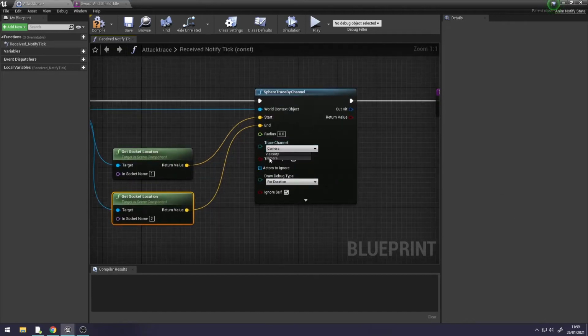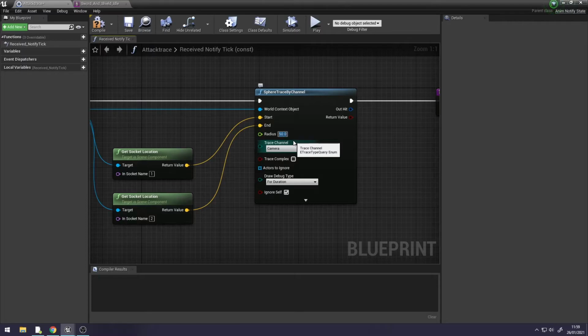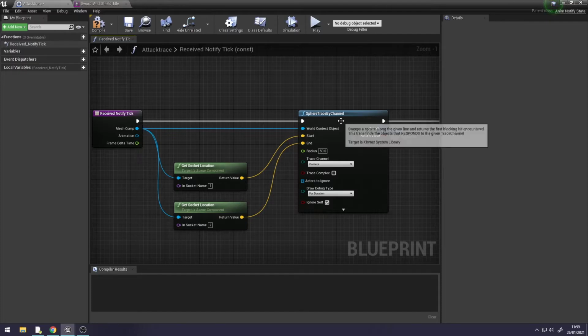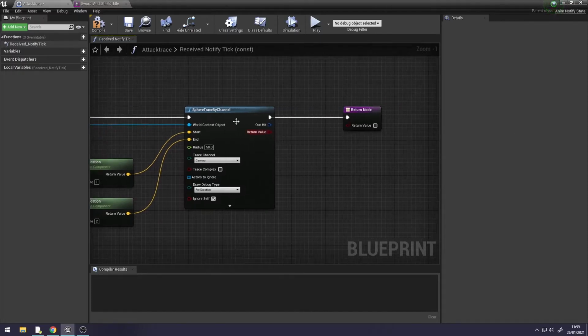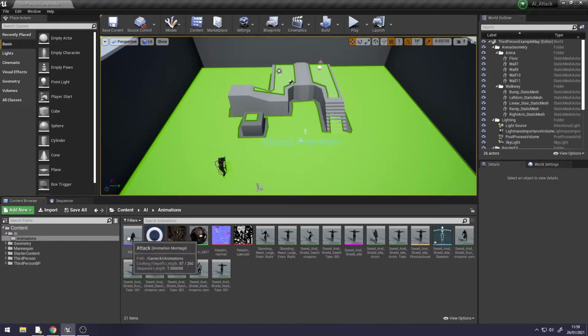Your trace channel needs to be camera, and you want the debug type to be for duration so we can see if it's working or not. And the radius of the sphere I'm going to change to about 50. Just make sure your received notify tick is attached to your sphere trace by channel, and your sphere trace by channel is attached to your return node. We'll compile and save. What we need to do now is go into our attack montage,